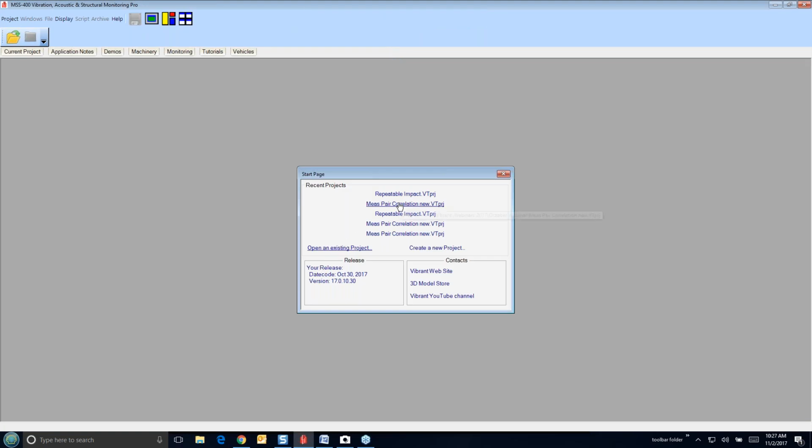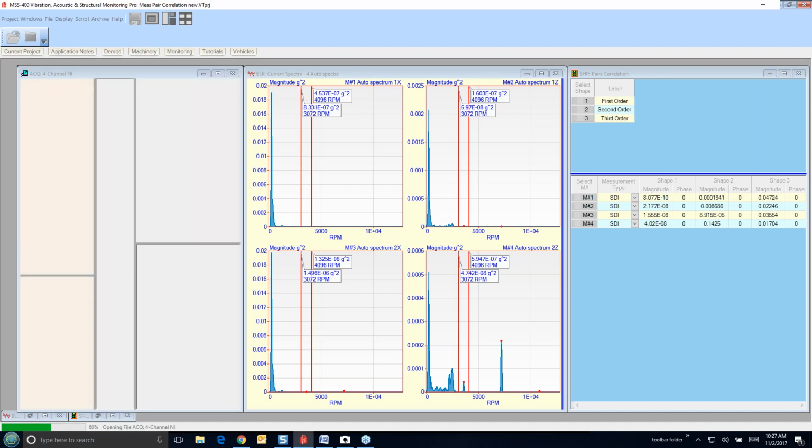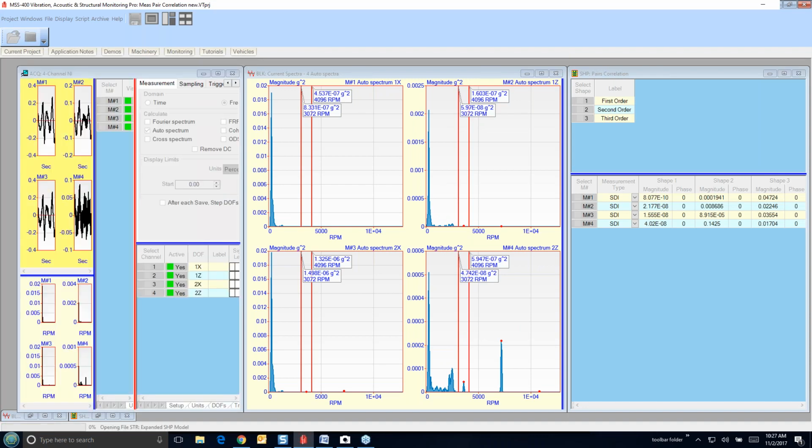I'm going to open up this one called measurement pairs correlation. So we're going to look at the second way to correlate measurements, and here we're going to correlate 4 autospectra.